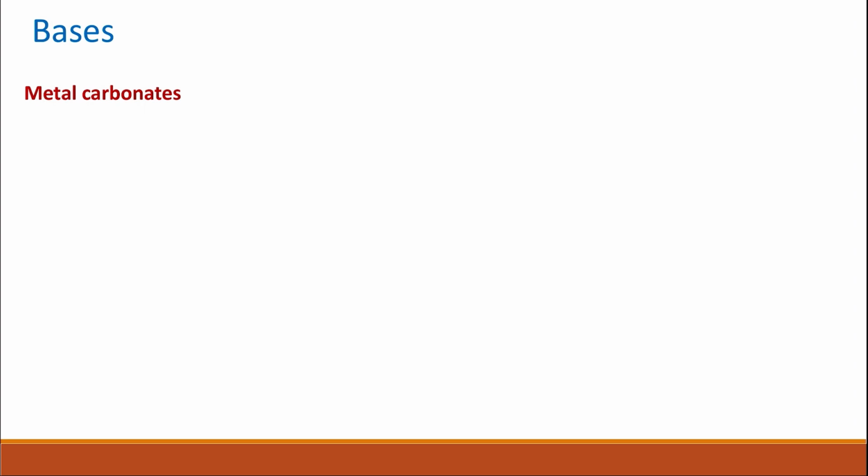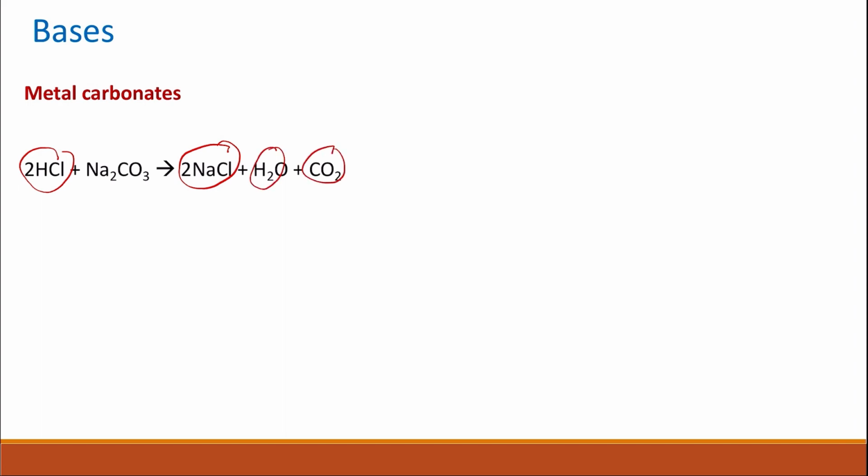Another example of bases which are not alkalis are the metal carbonates. Metal carbonates will react with acids to give you salt, water, and carbon dioxide. An example is hydrochloric acid with sodium carbonate, which will give you sodium chloride, water, and carbon dioxide. Also sulfuric acid with calcium carbonate will give you calcium sulfate, water, and carbon dioxide. So metal carbonates are bases, but they are not